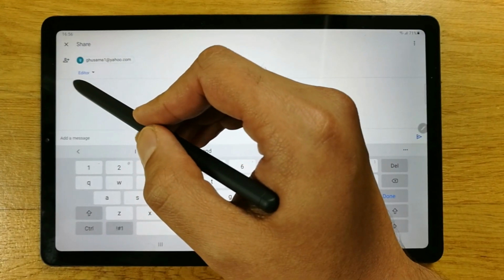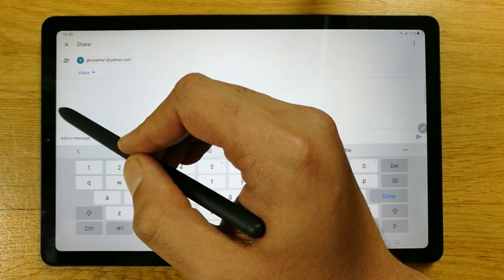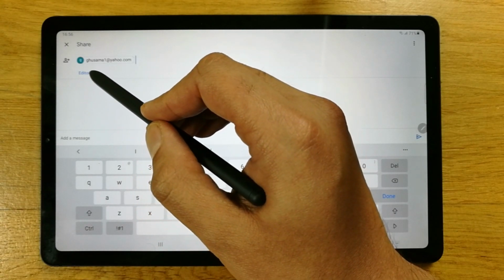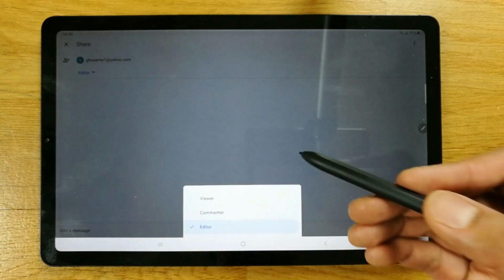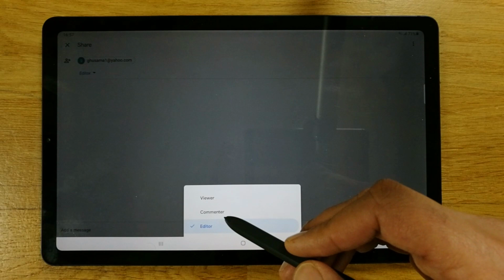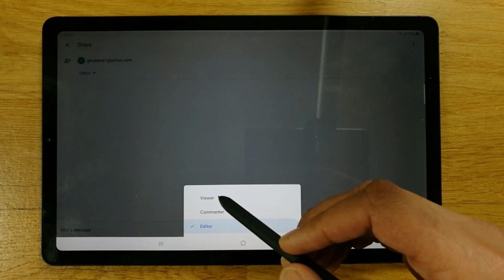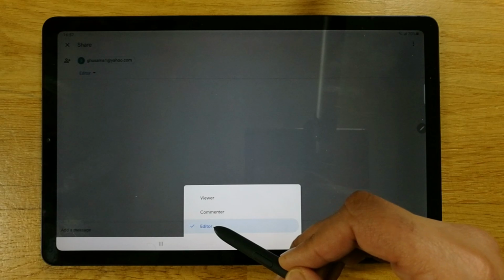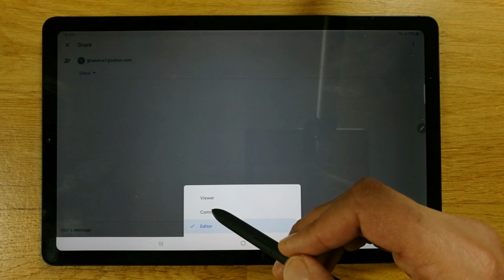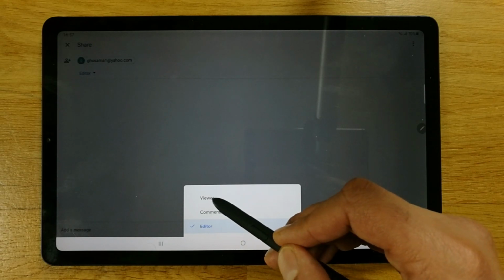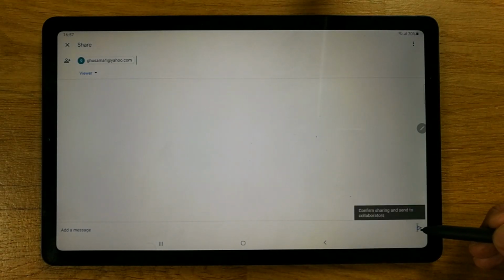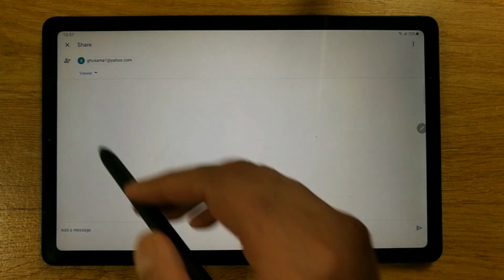And the most important thing that I want to show you is that Google Slides will give you the option to share it with your friends, plus you have the privilege to choose whether you want to give them the option for editing, or you just want to give them the option as a viewer. So if you give them the editor option, they will be able to edit your slides. If you are a teacher, obviously you don't want to give the option as an editor, so you just give them the option as a viewer, so they can only view, and then simply go over here and you can send it. Okay, this is the first thing.